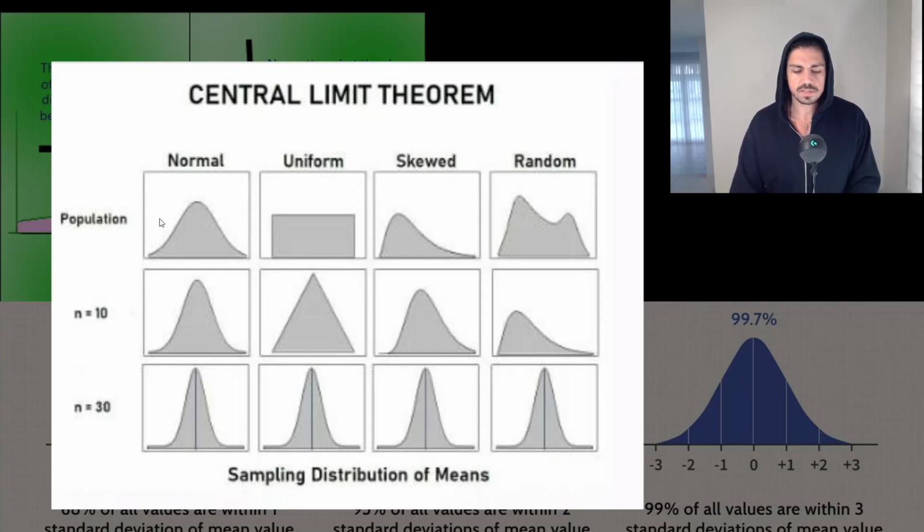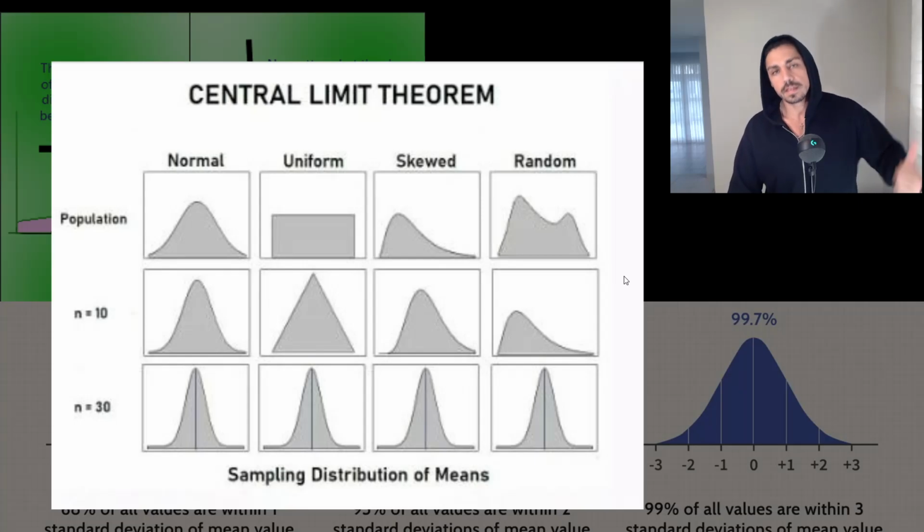If we have a population and initially it has a normal distribution or uniform distribution or skewed distribution or random distribution, as the sample size goes up, right, n to 10, n to 30, it will always strive to look more normal. That is what the central limit theorem means. And obviously there are examples of this not happening, but this is generally what happens to data as your sample